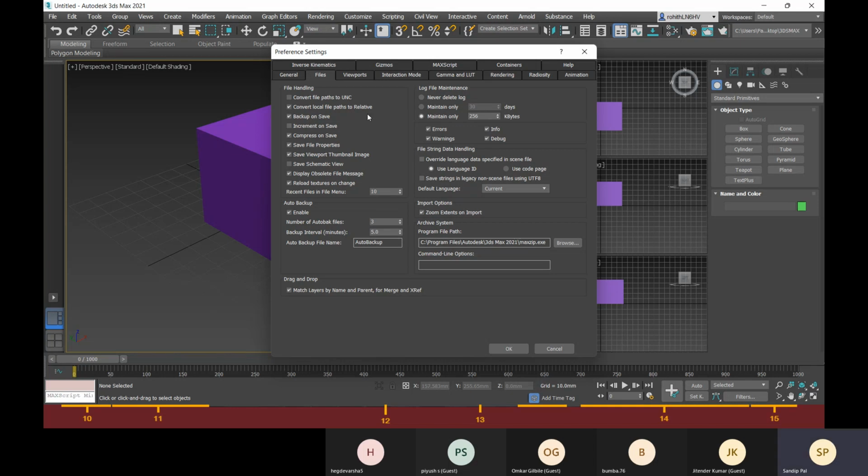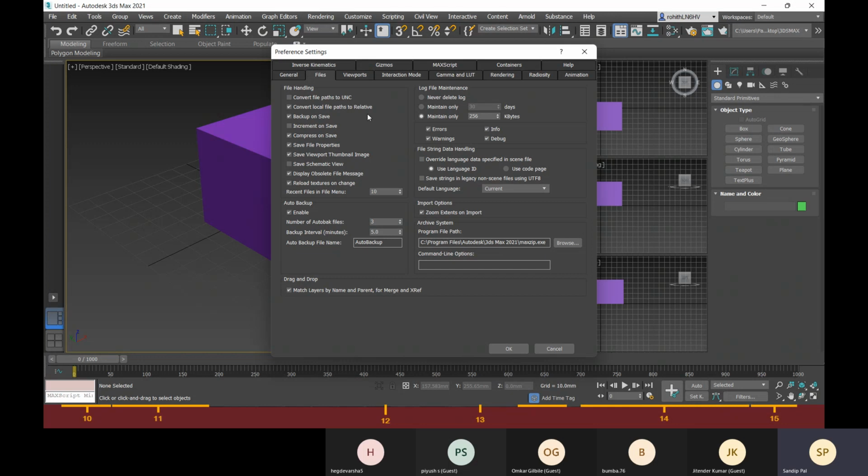Why is it so? Because in your file there will not only be this 3ds Max file, there may be some external files which will be imported into this 3ds Max, right? Other materials and images may be inserted in your 3ds Max. So all those files which you have on your computer, desktop or laptop have a certain file path which is present in your system, right?